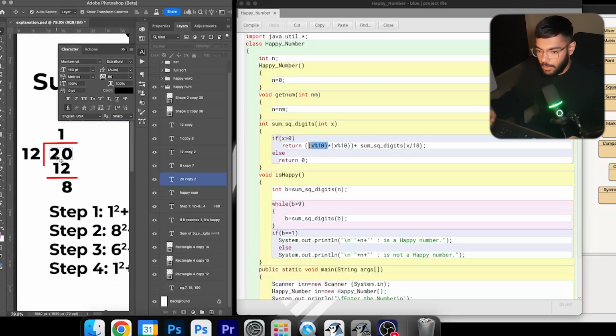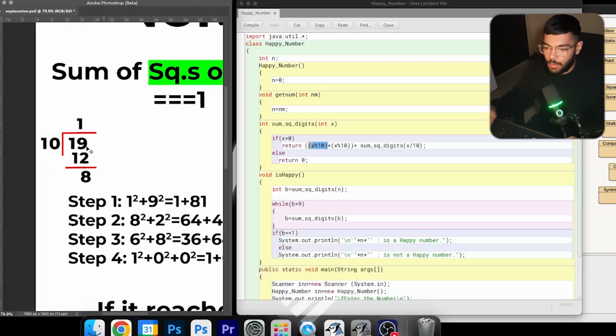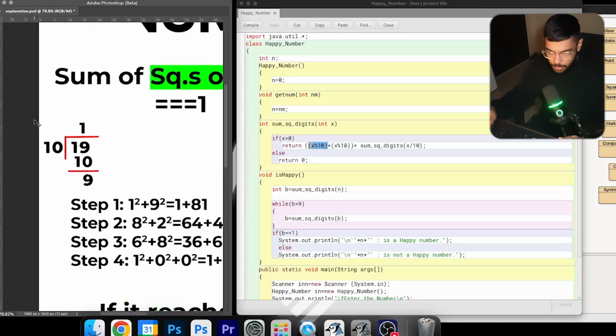So let's take 19 and divide it by 10. So 19 divided by 10, how much will it be? 10 goes 1 time, and the remainder is 9. So the rule is that the number of digits you want to remove from the last, you divide by,